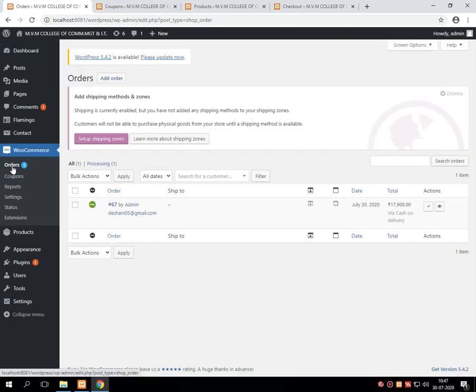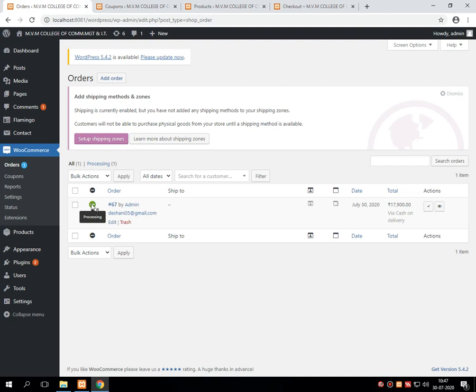Whenever you click on this order, here you will see a green signal that indicates it is processing. That means a buyer has given a request to purchase this product, which came from the client side to the admin side.